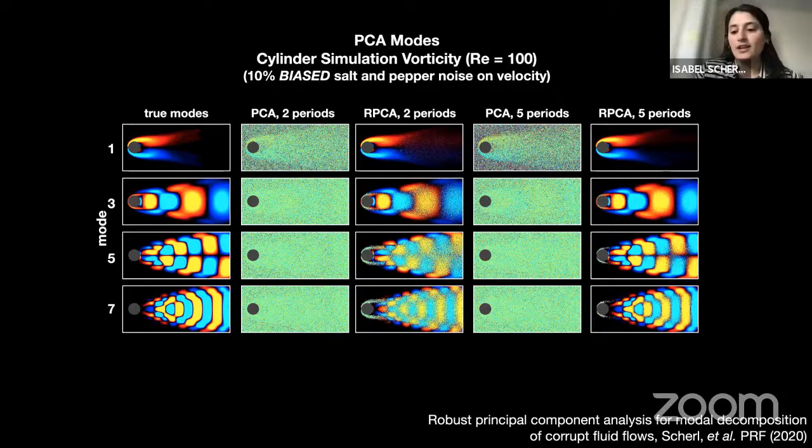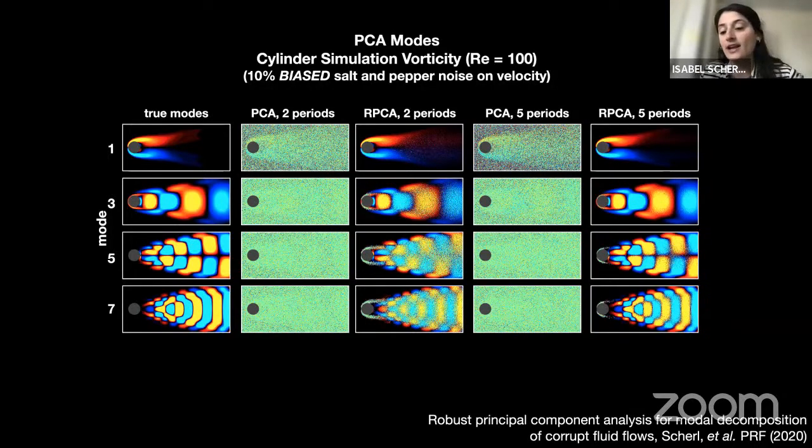So if we look at this more qualitatively, you can see that even with a small amount of data, we still get a really nice modal decomposition. But as you increase the amount of data, it gets better and better. And that's really great. That means that we can perhaps get more out of small quantities of data when larger quantities of data are too expensive to acquire.